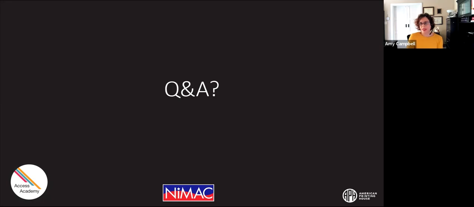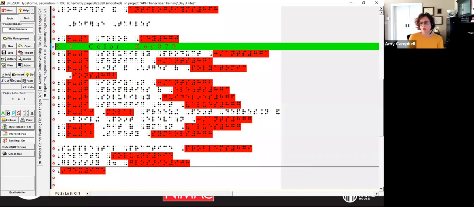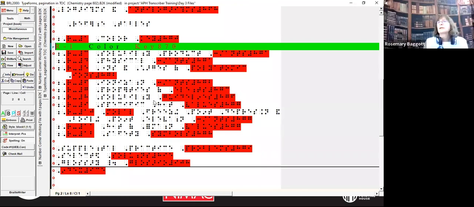So while I look for that: is the Braille 2000 tool, does it convert only to English or any other language as well? There's quite a few conversions. I think that was on day one. It does French, Spanish, German, but while I get there, I'll do that. Actually, no, that was what they convert. Okay. Source file. Let's just say I was going to open a new source file. Open source file.